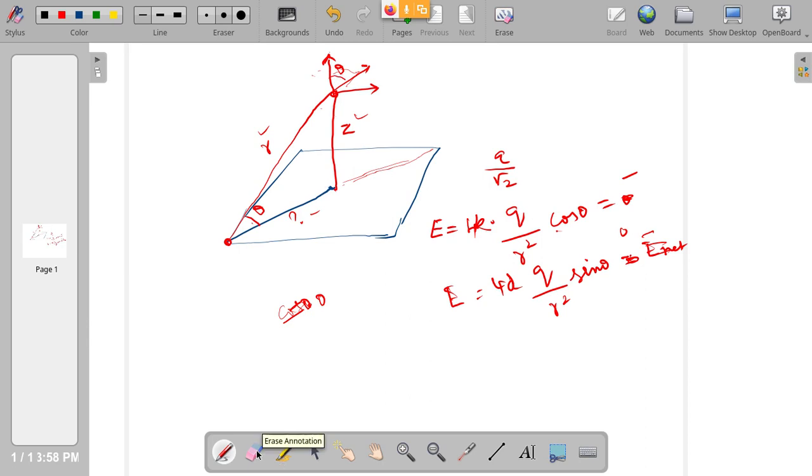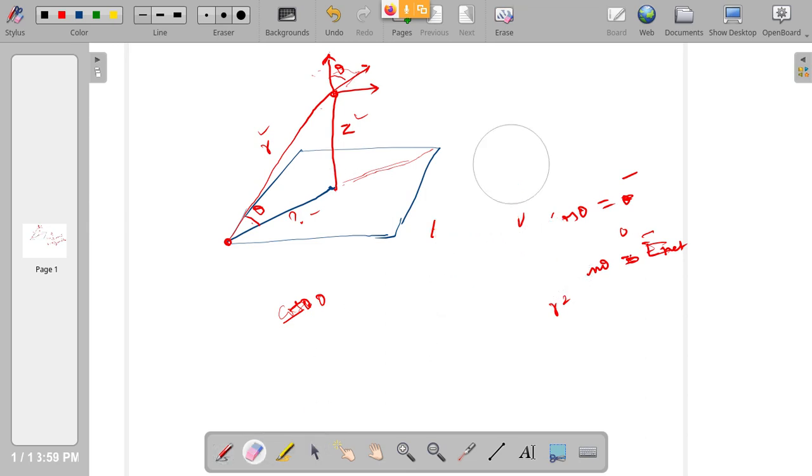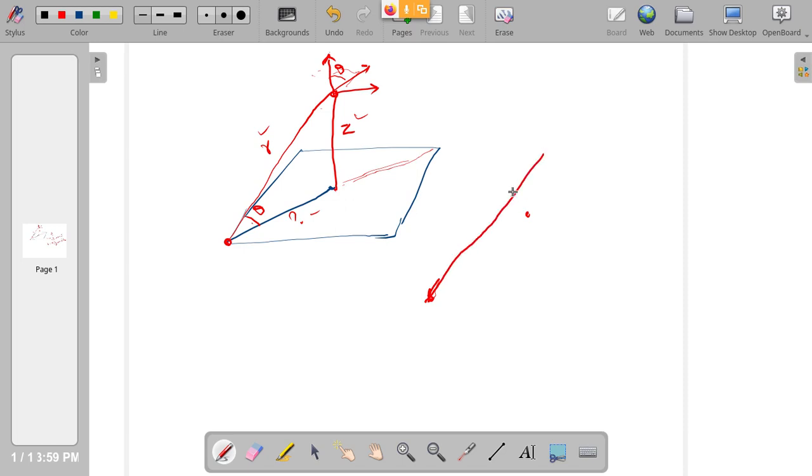Horizontal component is sin theta, are you sure? Or cos theta? Because if you draw the picture correctly, then you will know. I am not going to tell that. Which direction is making an angle, you tell me now. Because this point is P, okay? Right? Now, where will you draw the vertical for this? This is the charge somewhere. Now if you are able to draw a straight line from this point to this, let us draw a straight line and put the point there. So this is now P.